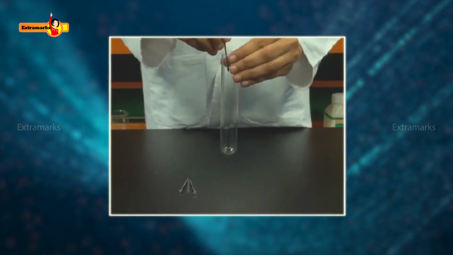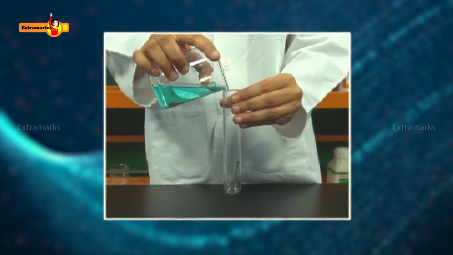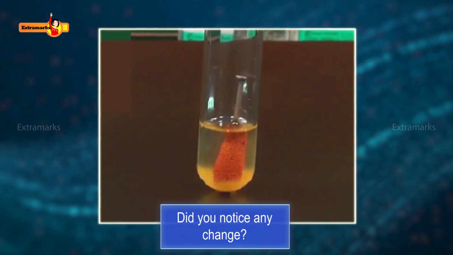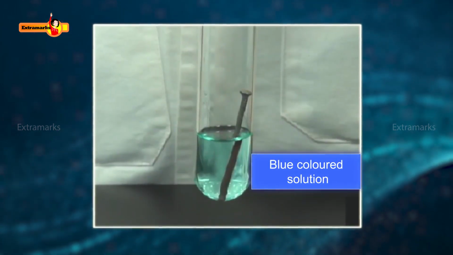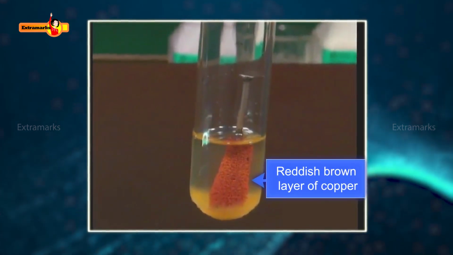Take an iron nail in a test tube. Add small quantity of copper sulfate solution in it and leave it for a day. Observe it next day. Did you notice any change? The blue-colored solution of copper sulfate changes to light green and a reddish-brown layer of copper is deposited on the